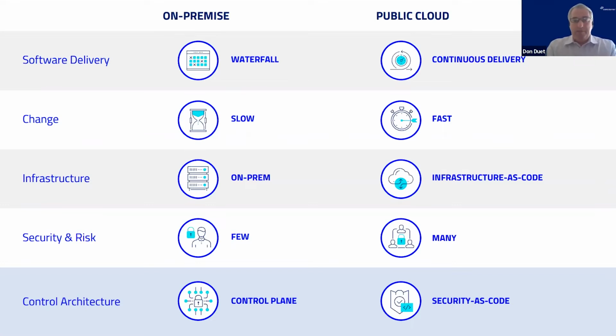So that's really why security as code becomes essential. It's also super important, and a lot of what we're going to talk about today, that security as code is not just a tool, it's not just technology, it's really a strategy, and it needs to be embraced as such. We are seeing leading institutions moving towards their multi and hybrid cloud architecture developing a strategy and a program to support the shift into security as code. We're going to talk about what we're seeing in the industry and what we've learned from our own experiences, to enable people to design, build, and deliver comprehensive and successful security as code programs.